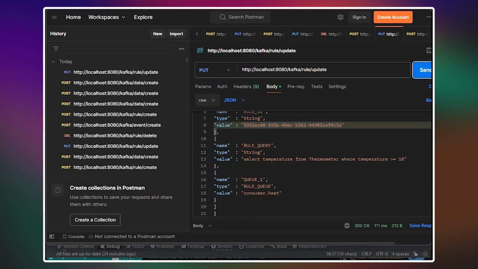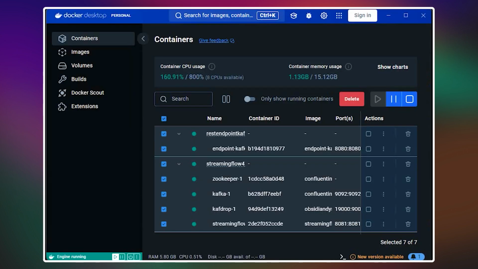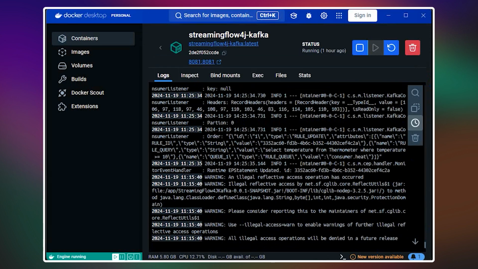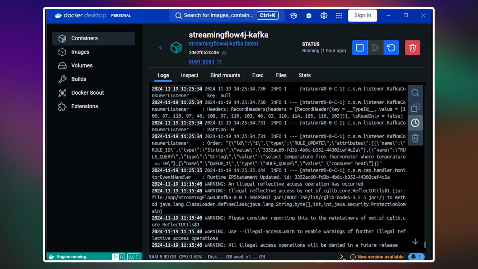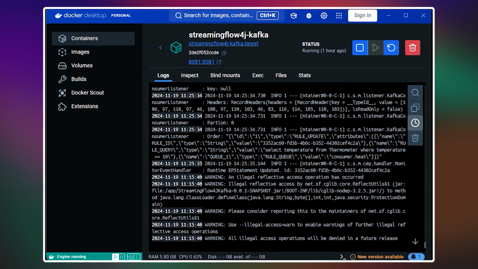So it sent that just to check you out. When you see in experiment flow for J, it made some change here. Let me see.